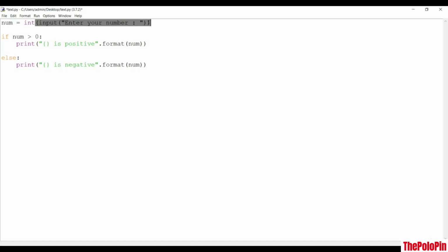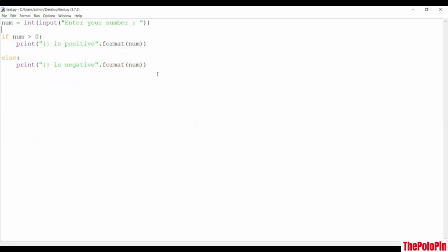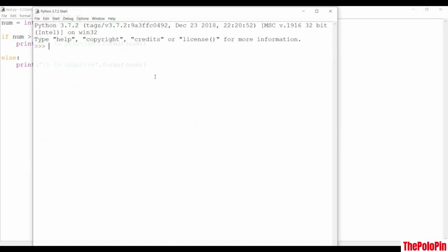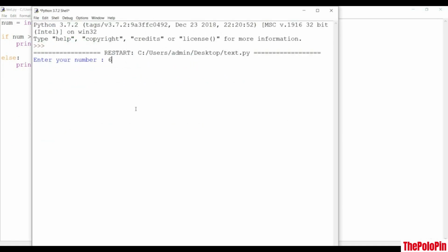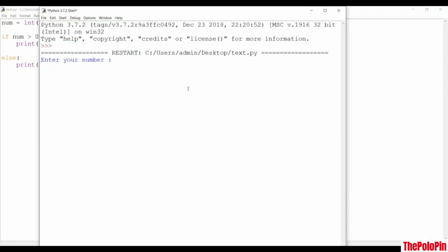Let's convert it first and see if this works or not. Let's save this first, press F5. Now let's enter the number, say negative 2. Let's hit enter, and negative 2 is negative. Obviously it is negative. Let's do one more time. Let's save this, press F5. Let's enter 6, which is positive. So 6 is positive. Let's save this again, press F5, and if I enter 0, it says 0